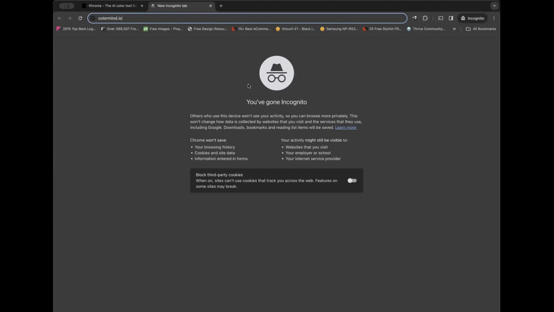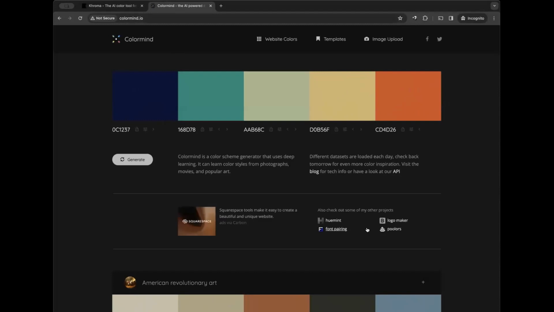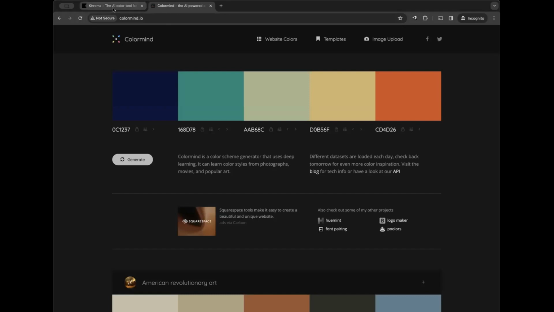Colormind.io. Just to inform us again, because of our time, I will try as much as possible to speed up some things so that we can gain more ground today. Colormind.io. Then click on it, and you should see this interface. I will also ask that we please signify in the group so that I know we're making progress and I'm not moving too fast. Are we all on colormind.io while our Chroma is still generating?